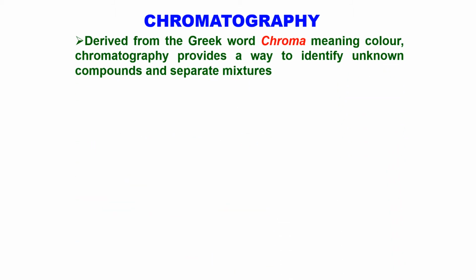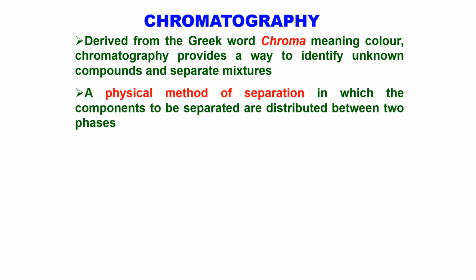The word chromatography has two roots to it, one chroma and the other graphy. The word chroma means color and graphy is writing. So chromatography is the name of the technique which deals with the writing of colors. It's a method of separating physically two or more components which are distributed between two phases, the mobile and